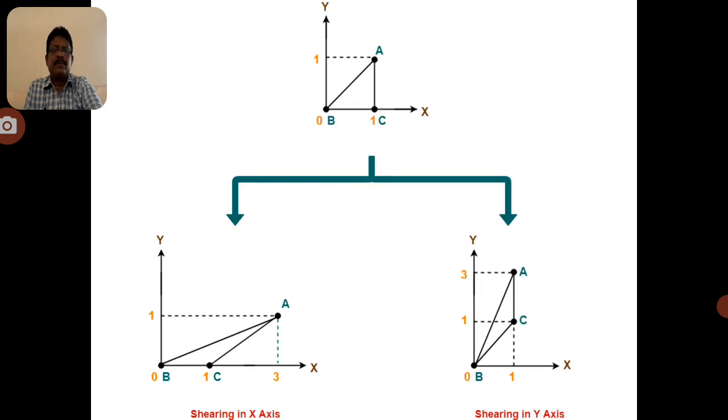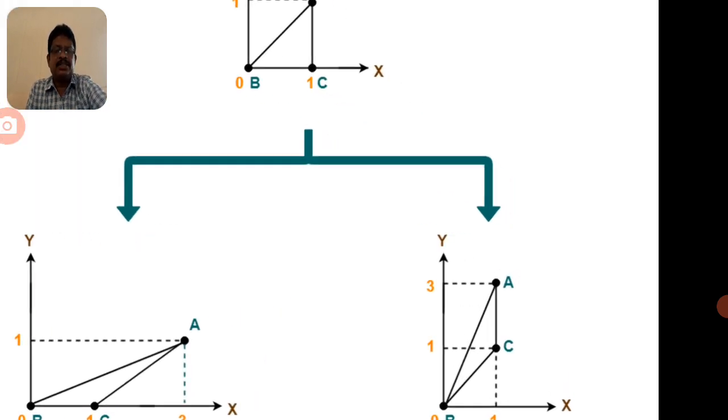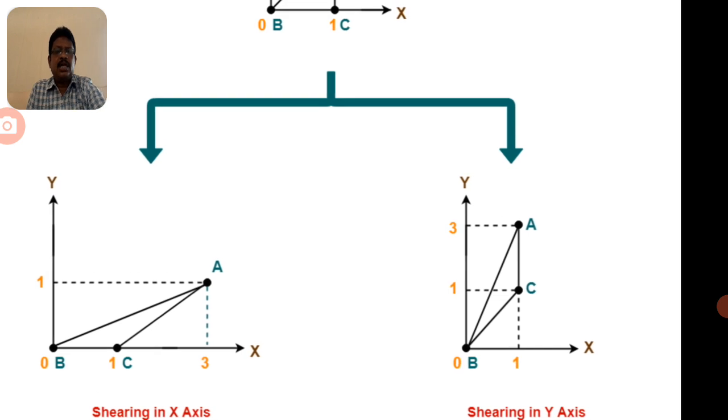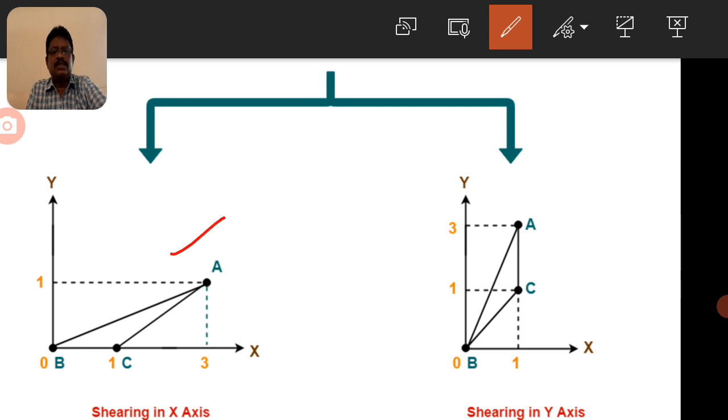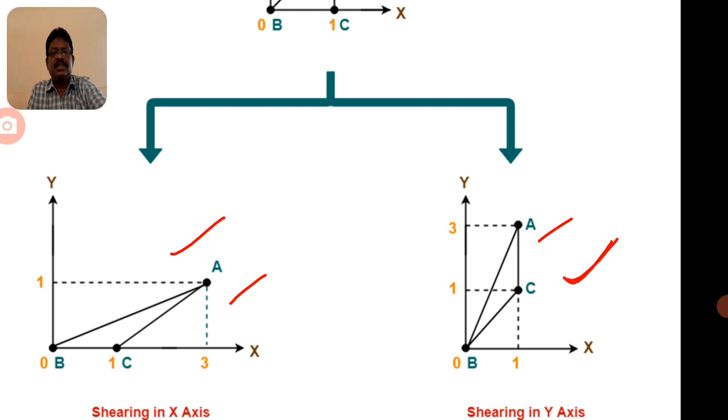Now we are going to take the particular diagram. You can observe, similarly we can find the shearing on the y axis. After shearing on the x axis, the new coordinates are like this. This is the new object created after shearing on the x axis, and this one is the object after shearing on the y axis. You can observe these two are different objects. When we apply shearing on the x axis, the object may be different from shearing on the y axis. This is the concept.